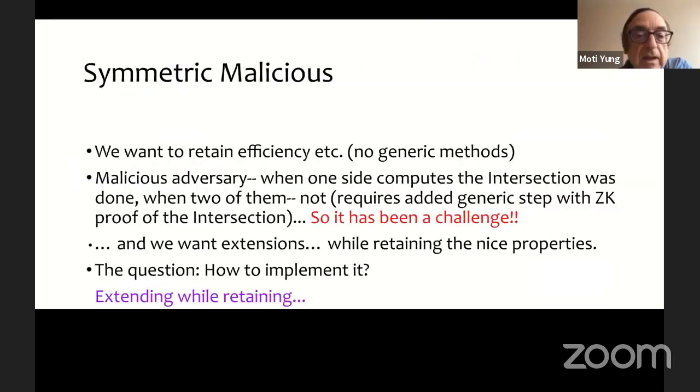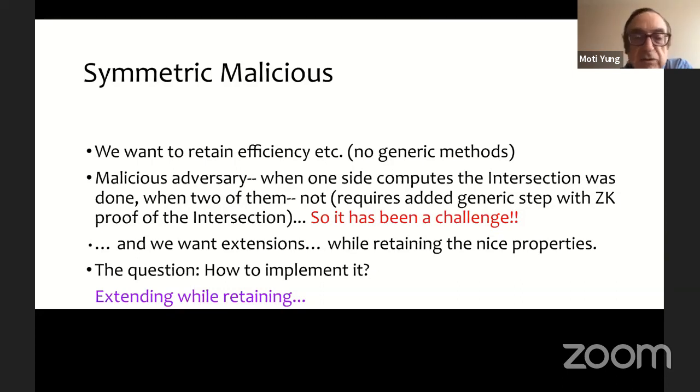Okay, so we want to retain the efficiency, which means we don't want to use generic methods. In some sense, for the feasibility result, you always have the GMW result that any protocol with commitments and zero knowledge and so on can be made to cope with a malicious adversary.